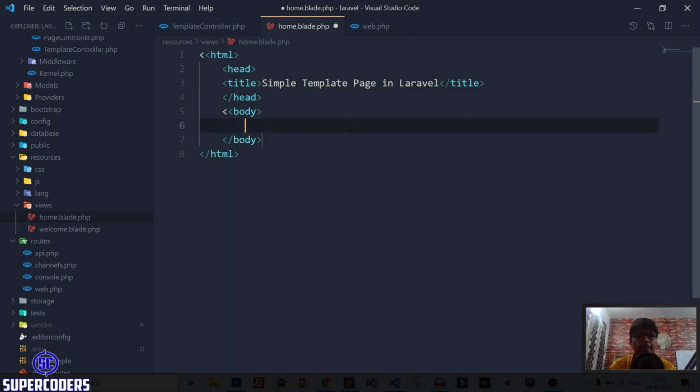Body, H2, simple view template page in Laravel.